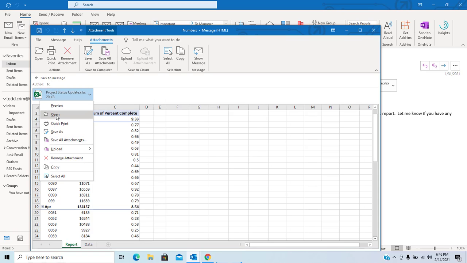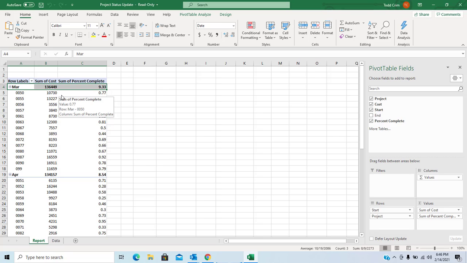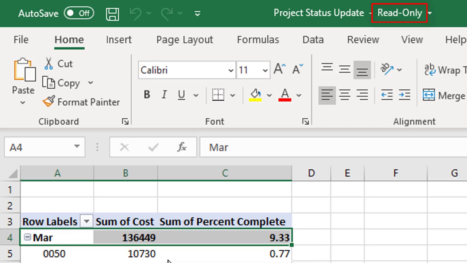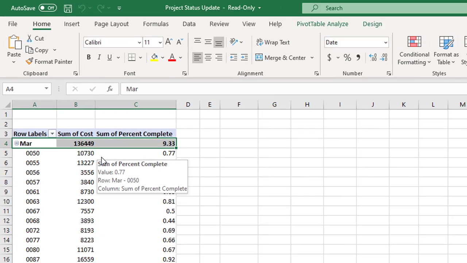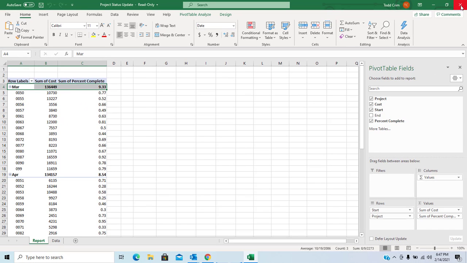I'm going to try opening it. By the way, I could also double-click it to open it. And while it does open in Microsoft Excel, please note that this file is set to read only. Right now it's actually stored in my temp folder somewhere, so if I wanted to save it somewhere else, I would have to use the Save As command, for example, to put it somewhere else. I'm going to go ahead and close this,